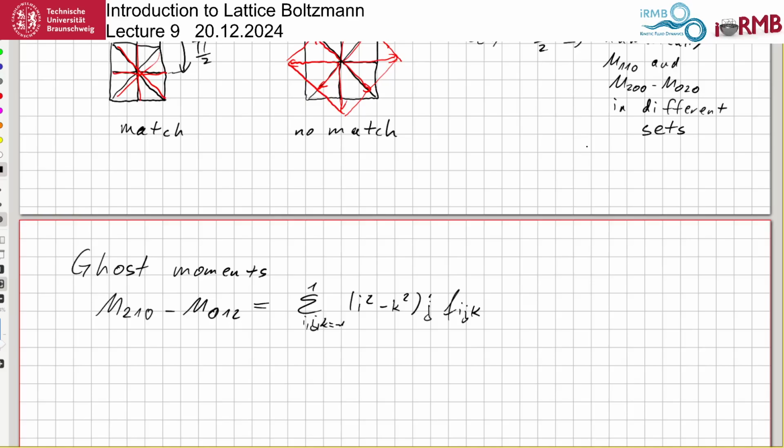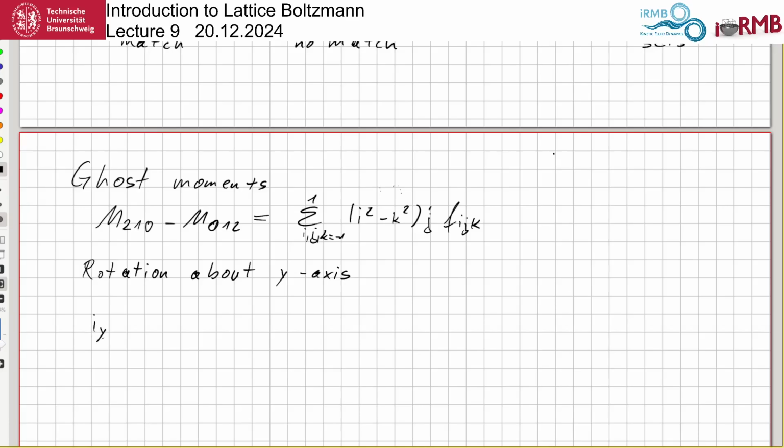So again, there's something very similar to what we just had, and so we could say we rotate this. We do the rotation about the y-axis, so we'll have iy square minus ky square times jy. I'm now not doing the computations. If you are interested, do the multiplication yourself. Here is the result, hopefully it's correct. What we get out of this is cosine 2 alpha